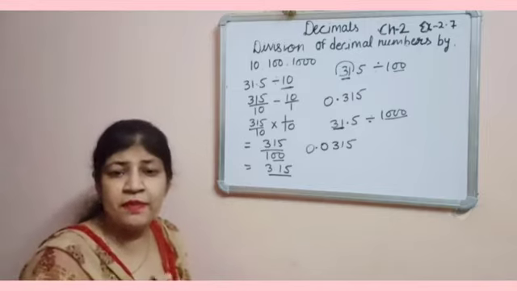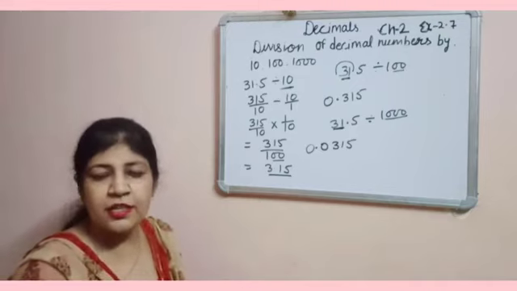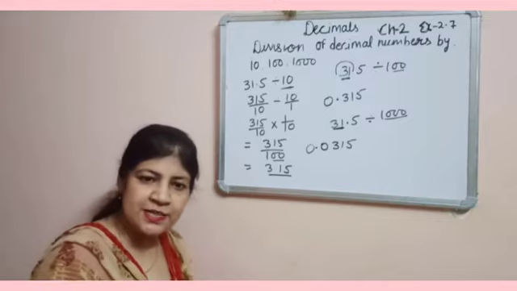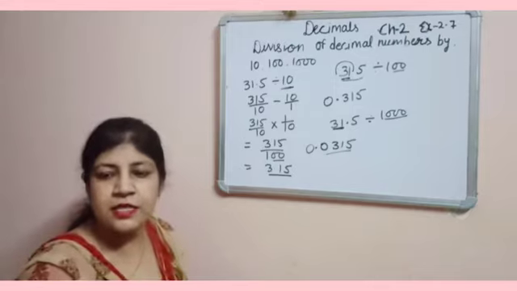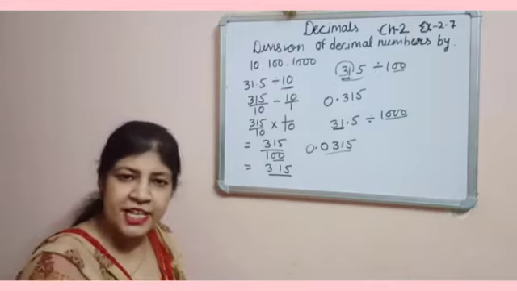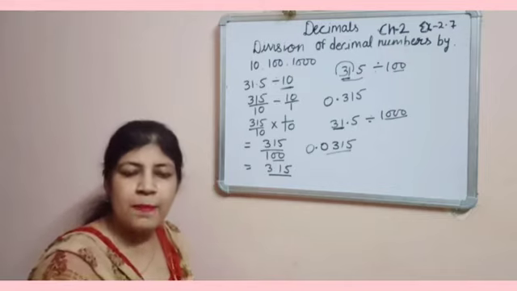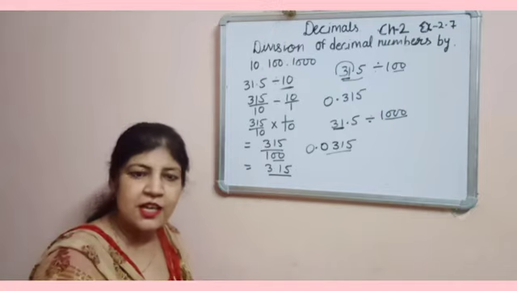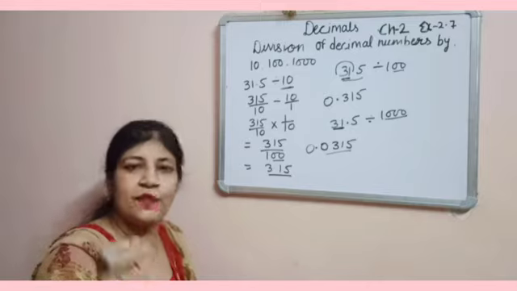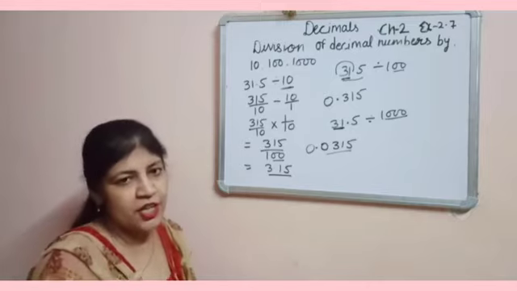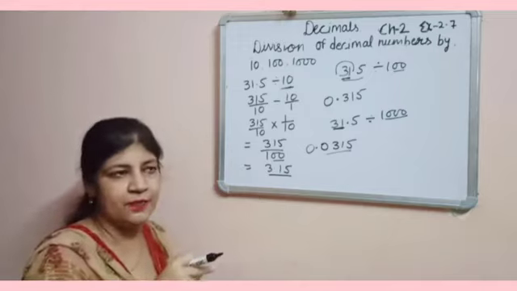So when you divide decimal numbers by the power of 10, then the digits of the decimal number and the quotient are same, but the decimal is shifted to the left by as many places as there are zeros over 1. If 3 zeros, means 1000, it will shift 3 places towards left hand side. Is that clear?